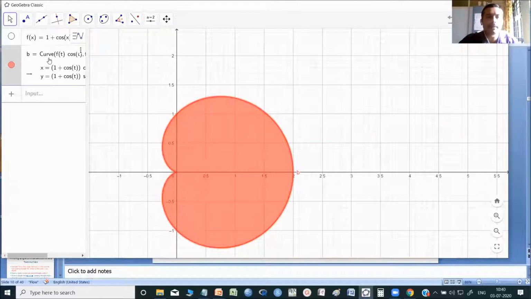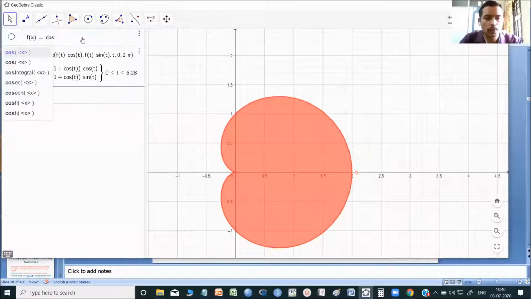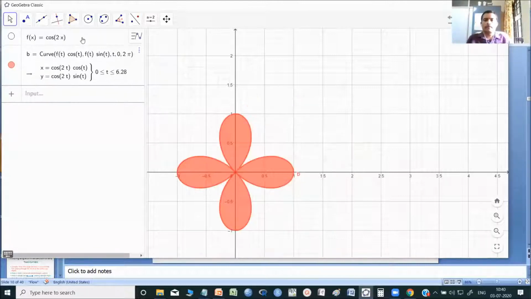Now this setup is there, b equal to curve, all those things are there. I can change to any polar curve. So I will change f of x to cos 2 times x, done. So I will get the four-leaved rose. It's so simple. Whatever polar curve you want to see, you can trace now.